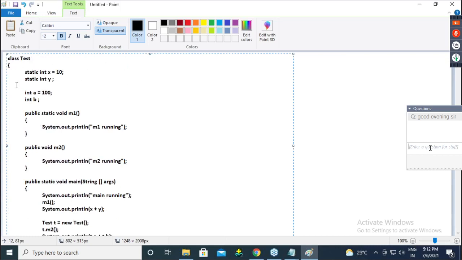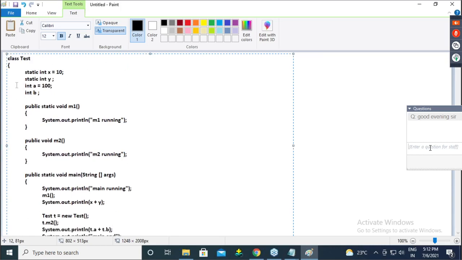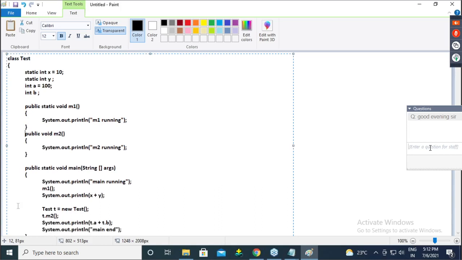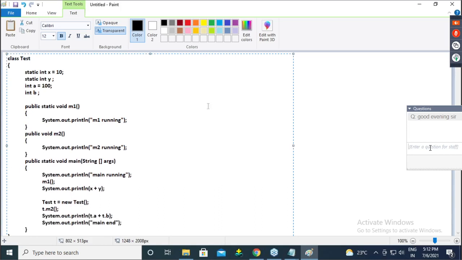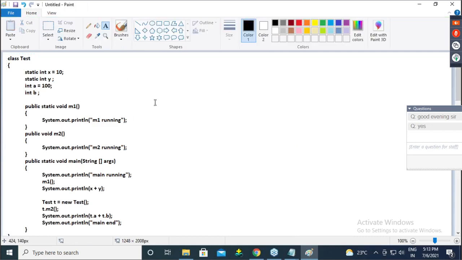I reduced the font a little bit because I just want to make everything fit in one screen. That's the reason. Is it visible, everyone? Yeah, fine.